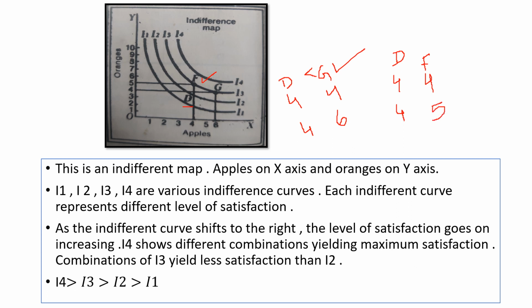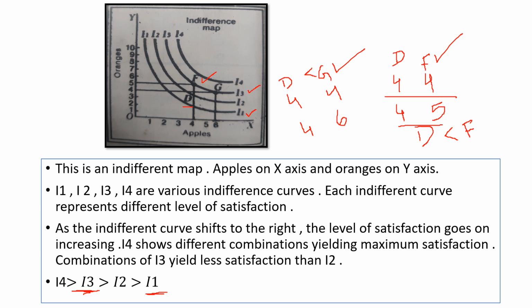So what do you consider? You consider that F is giving you more satisfaction because this number is the same but this number has increased. So D is giving you less satisfaction as compared to F. F is giving you more satisfaction, and if you compare it nicely, F is on I3 and D is on I1. Therefore, I3 is giving you more satisfaction as compared to I1. So I have made it clear to you that as you go higher and higher in the map, the satisfaction level